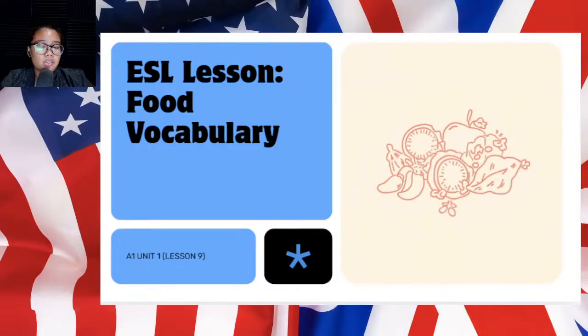Now, over the past few sessions, we have focused extensively on the people in our lives, right? Our mothers, fathers, teachers, and even strangers. We've discussed how they work, how they feel, and how they relate to one another. But there is one universal thing that connects every single person we have studied, regardless of whether they are a boss in an office or a child at play: the need for nourishment and the joy of sharing a meal. Today we begin our exploration of